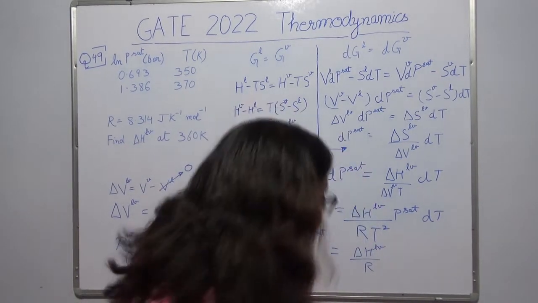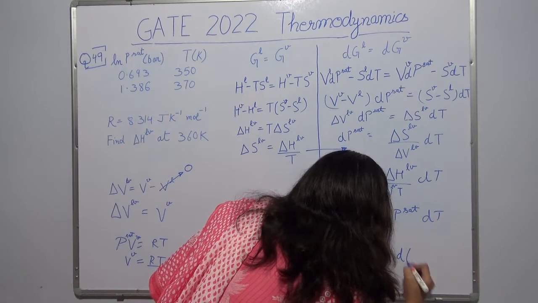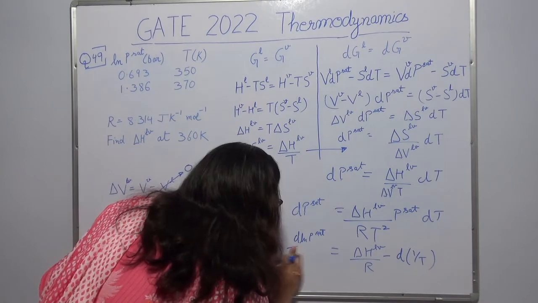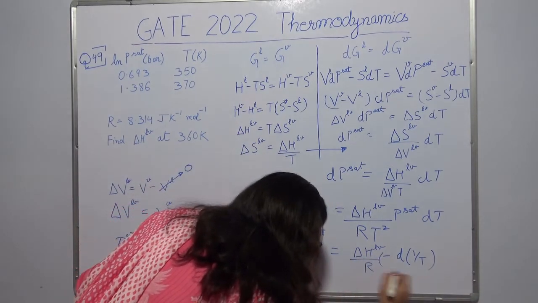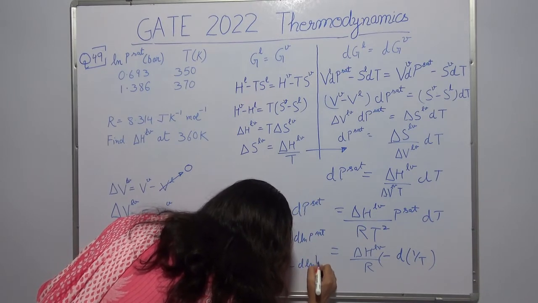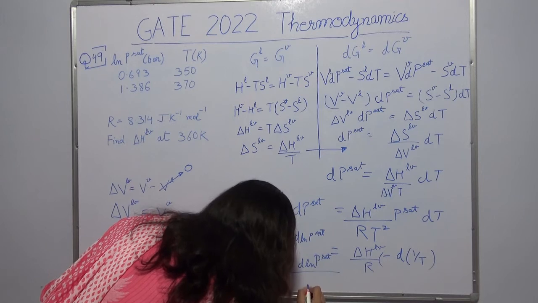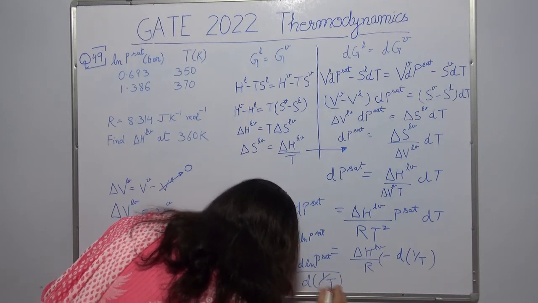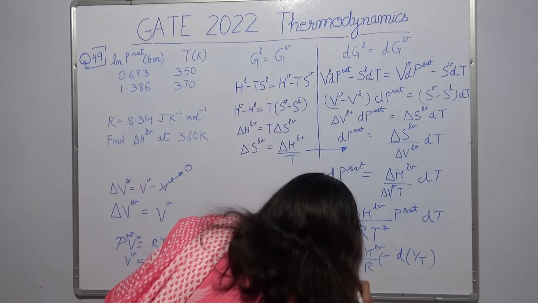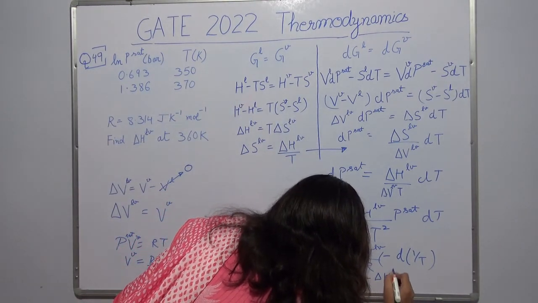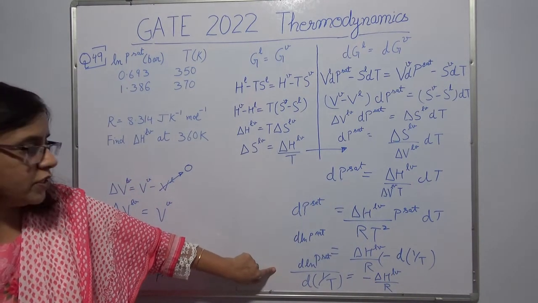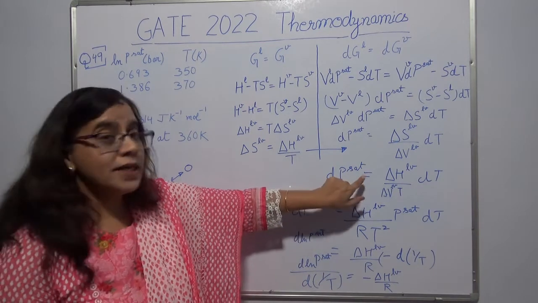I can write it as minus of d of 1 by T. So I will have minus d ln P saturation, that is the differential of ln of Psat with respect to 1 upon T, equal to minus delta H LV by R. Okay, so this is your Clausius Clapeyron equation, which you have derived from your Clapeyron equation